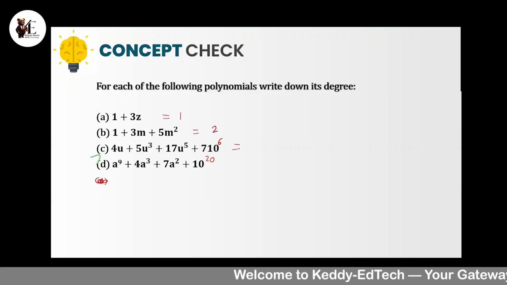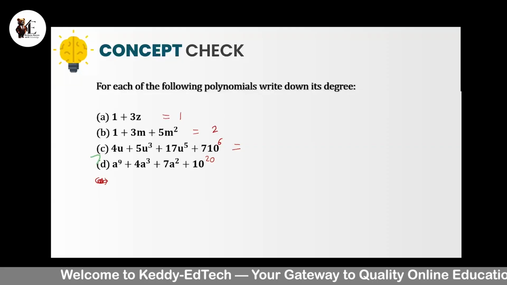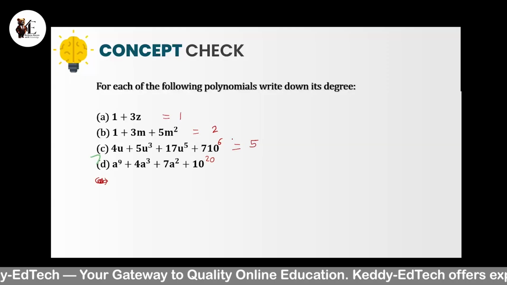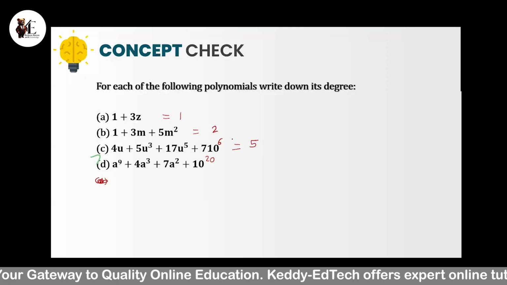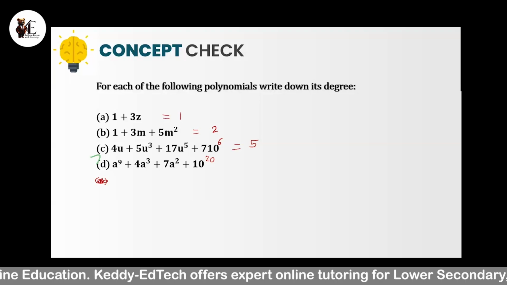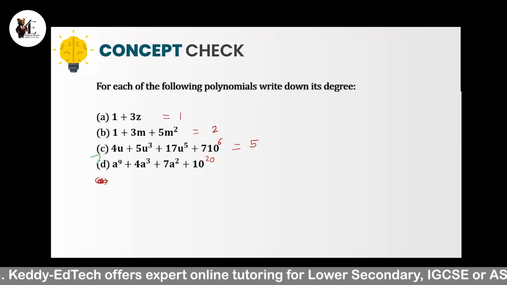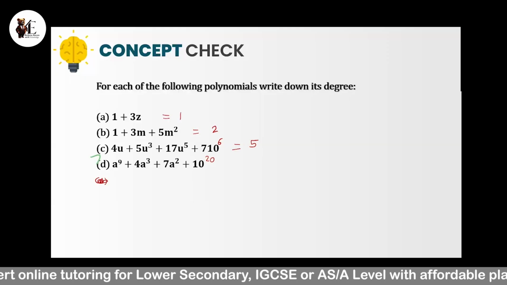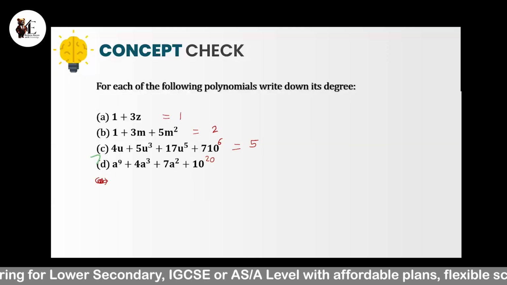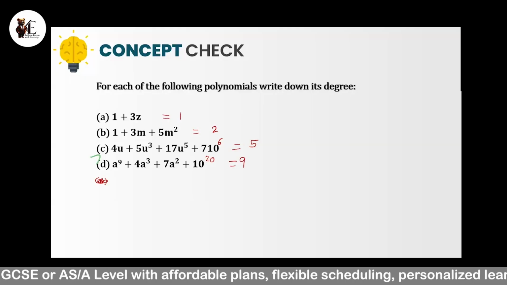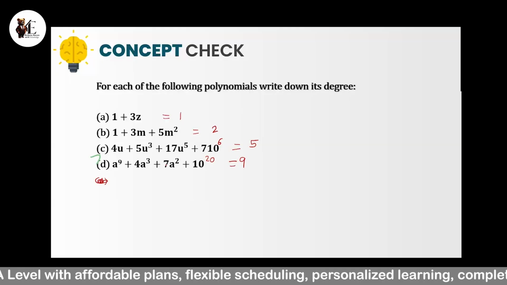Okay, Rian, for the third part. The third part would be 5. Okay, 5. So, Nalini, is this correct, that for the C part, the degree is 5? Yeah, it's 5. It's correct. Okay, and Nalini, for the D part, for the last part, what will be the degree? The degree will be 9. Yes, that's correct. So don't get confused by the power of the constant, because we have to check only the